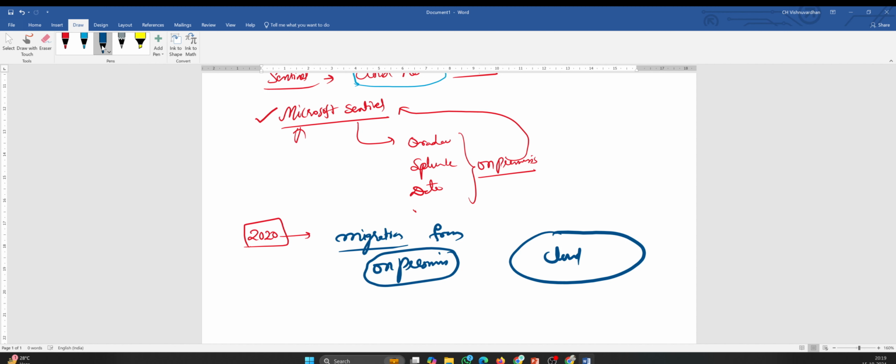Over the last 4 years, there was growth of 270% compared to every previous year. In 2020 there was only one company migrating from on-premises to cloud. In 2021 there were 270. In 2022, imagine, 27,000 companies moved from on-premises to cloud, and in 2023 imagine it becomes lakhs, because it's growing at 270%, not two times or three times.